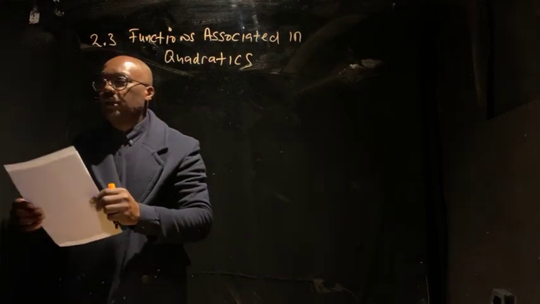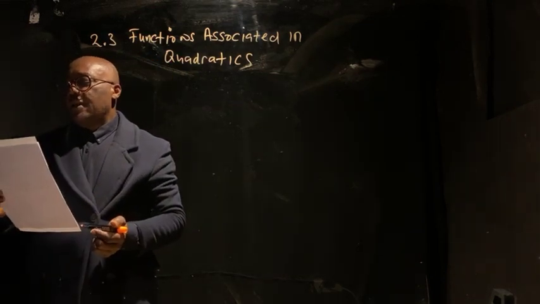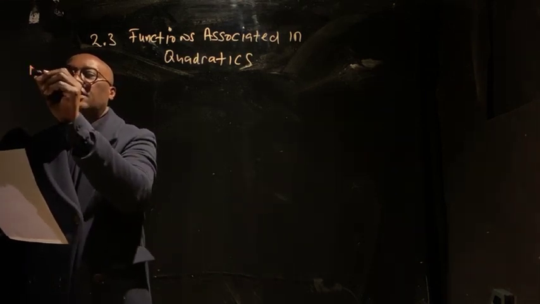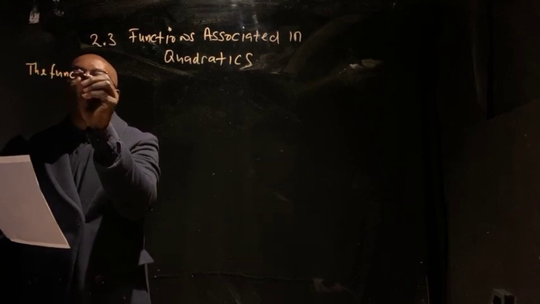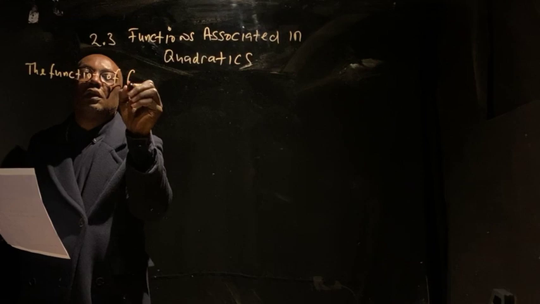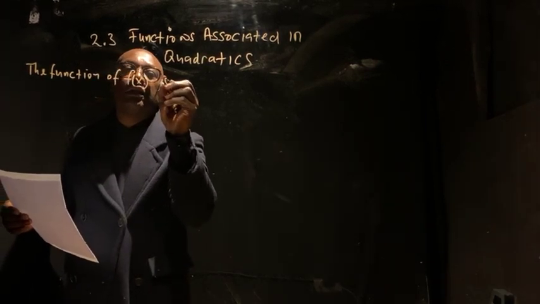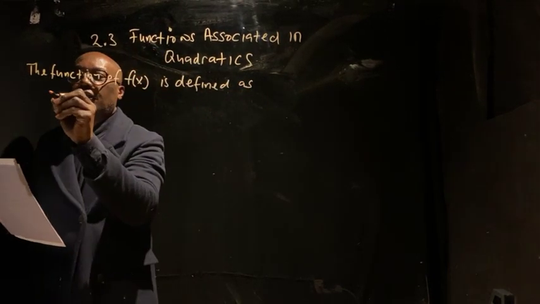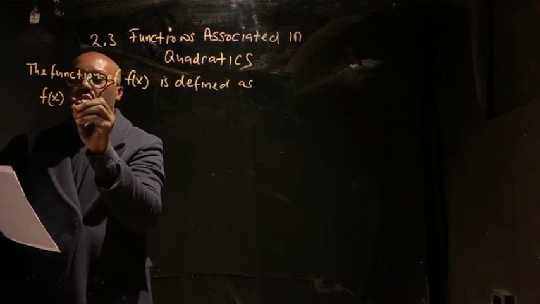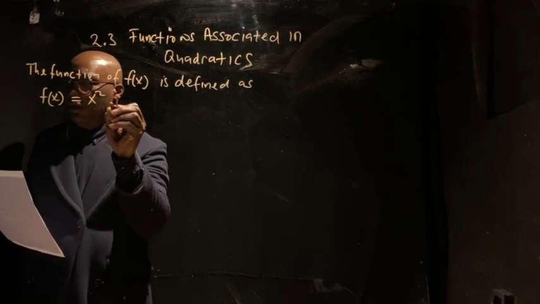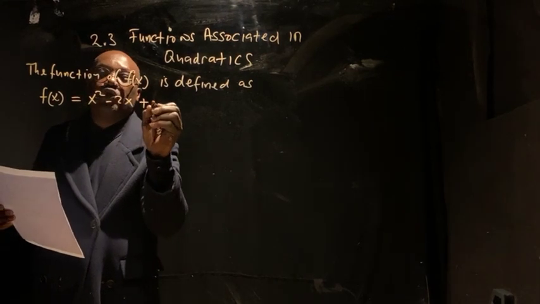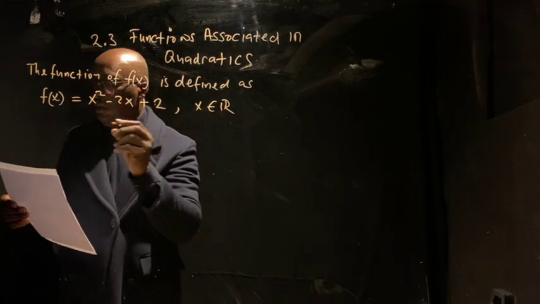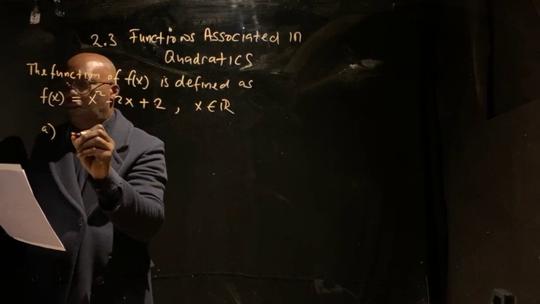Yeah, this is the next question. It says that the function f of x is defined as f of x equals x squared minus 2x plus 2. x belongs to all real values. A. Write f of x